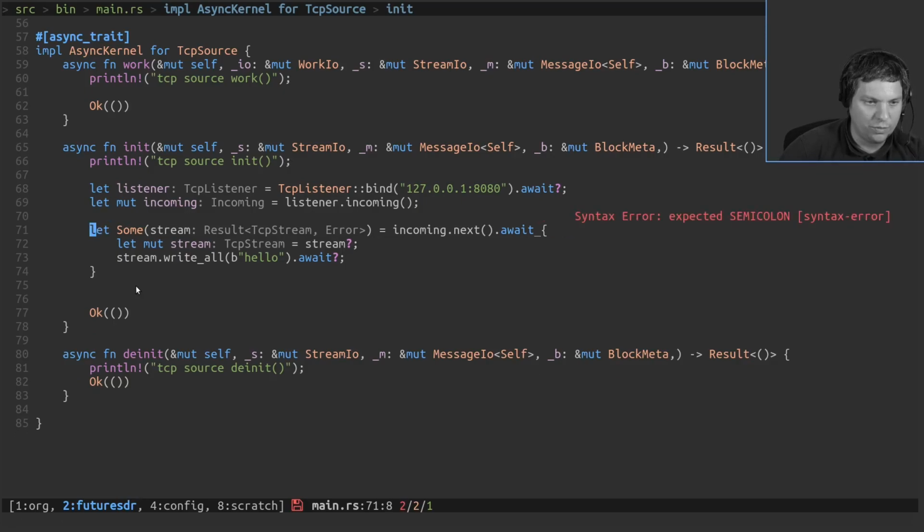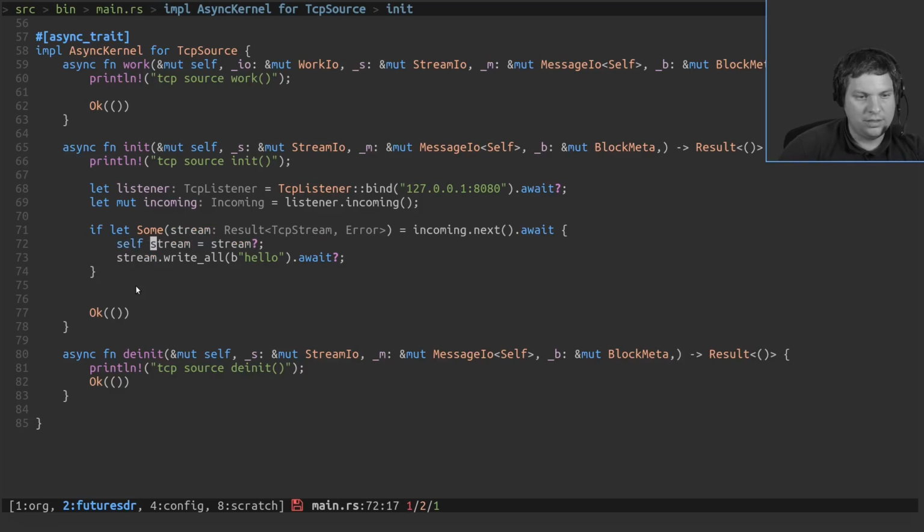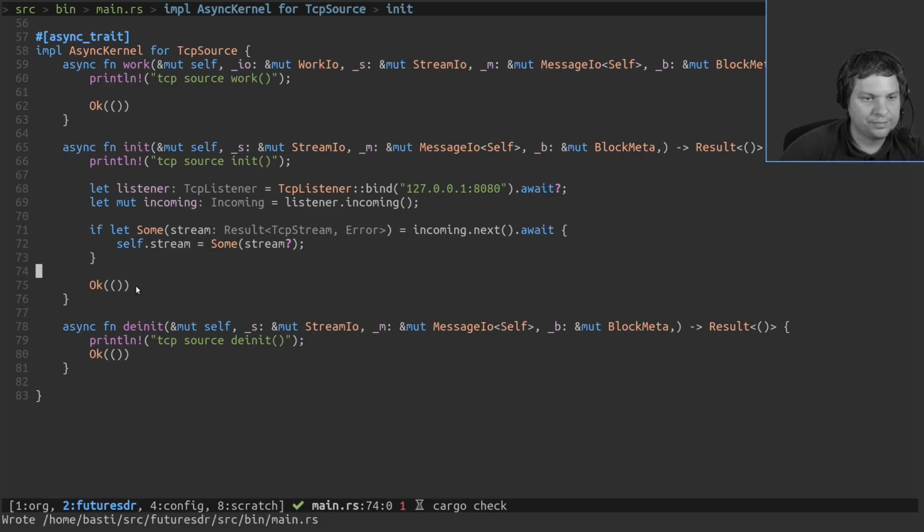And here we don't await everything in a loop, but we say if let incoming next await. Here we got the TCP stream, and this TCP stream we store somewhere in self.stream equals TCP stream, and then this writing and all this stuff we will do in the work function.